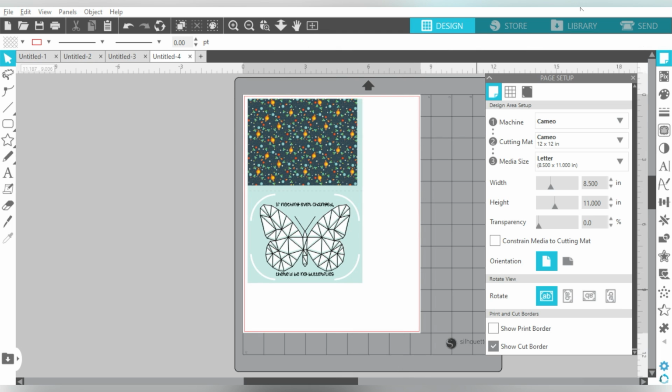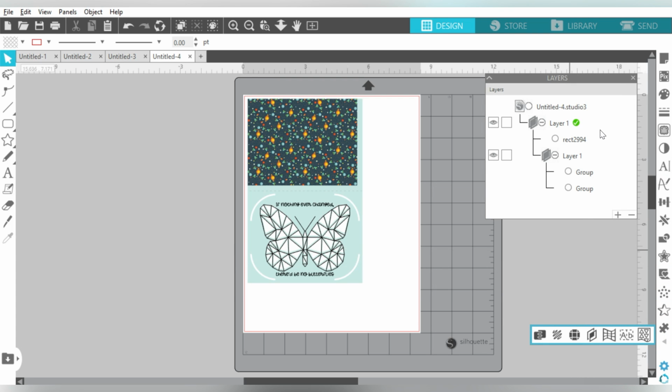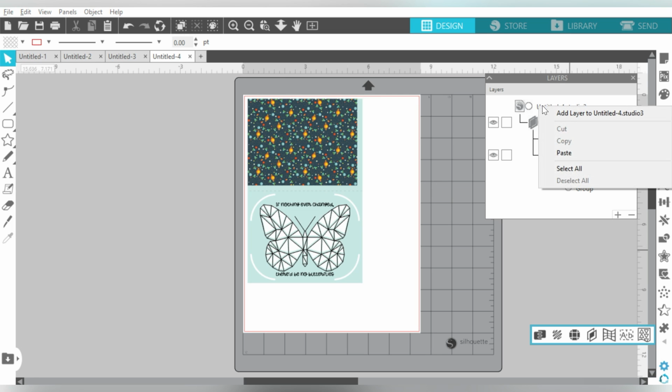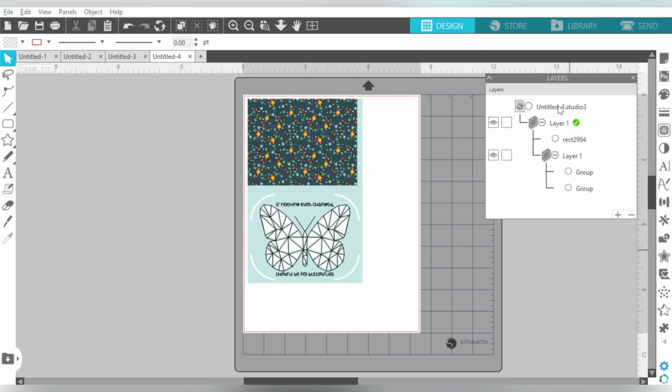So let's go ahead and go back to our layers panel and talk about setting this up in order. So when I talk about in order, you can see that we have sort of a disarray. So what we want to do, or what I prefer to do if I'm developing a workflow, is to give each piece an individual layer and then go ahead and name it appropriately. So I'm going to right click on this main heading here, the Untitled 4, and I'm going to add 2 additional layers.